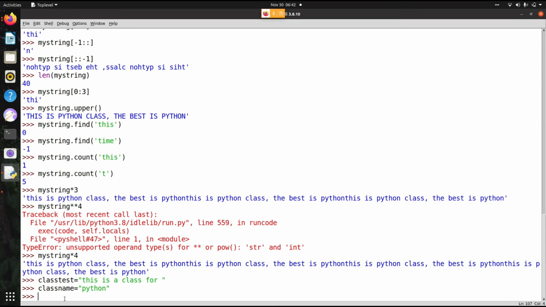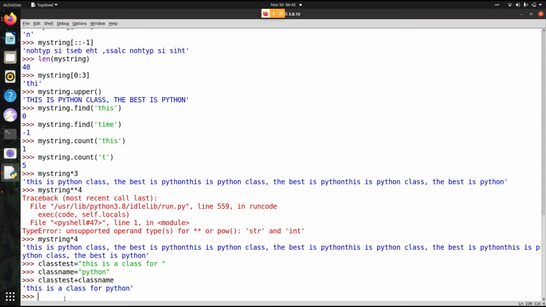Now I want to combine both of these strings. How will I do it? Class name plus, sorry, class test plus class name. This is how we do concatenation in string.